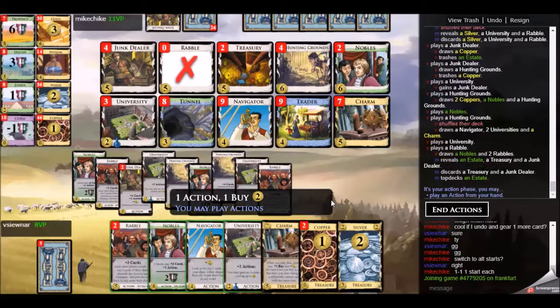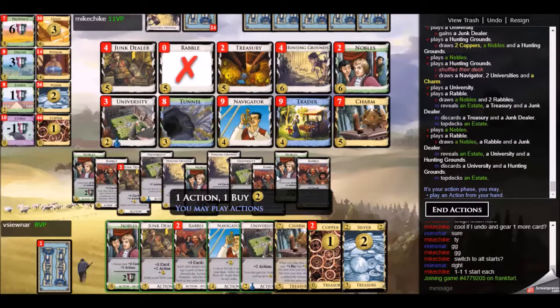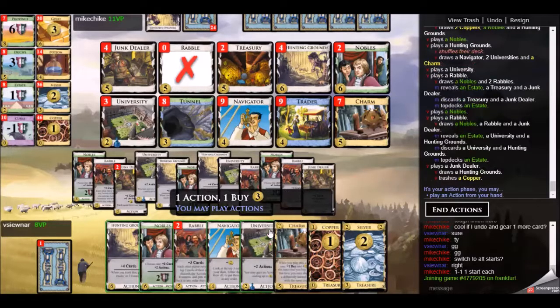I feel then perhaps it's a little bit easy for him to end the game because then he could take 2 treasuries, 3 junk dealers and finish the game. Maybe that's a possible window, right, that he has. So here I finally get a good look at my deck. Finally I'm able to draw through everything,